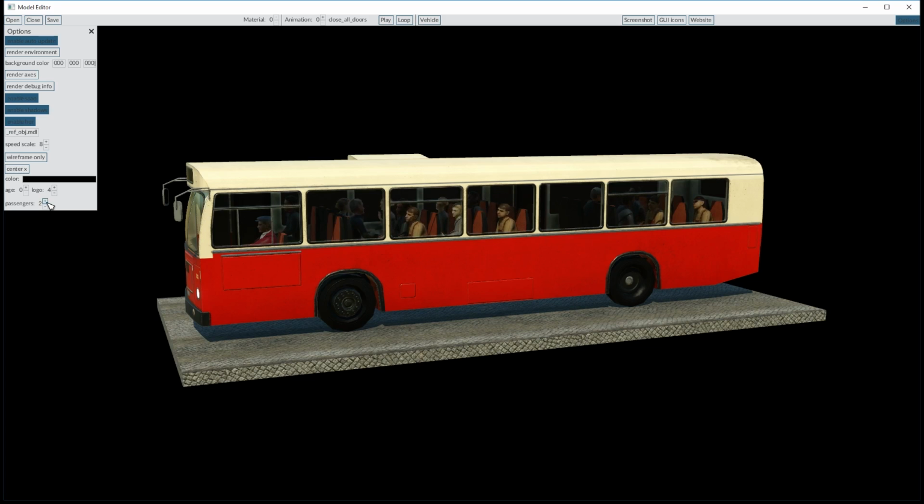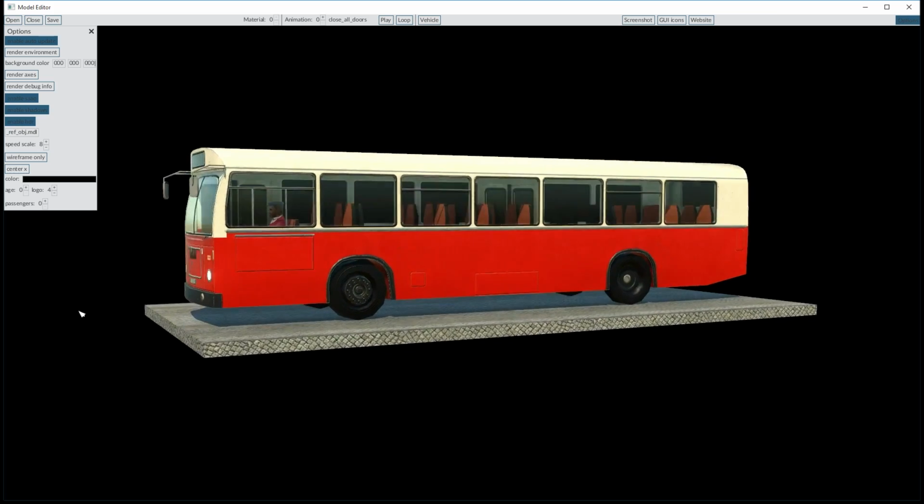Here in the model editor I'm just filling up the bus in very rough steps with random passengers. Later on in the game itself, the passengers waiting at the stop will be the same, which are then placed in the vehicles. The last feature we will take a closer look at today are animations, which start at rather